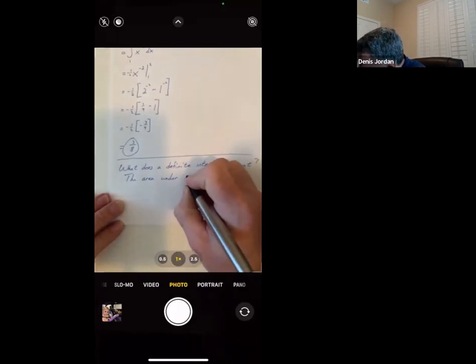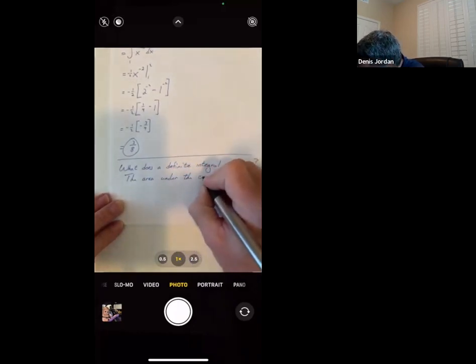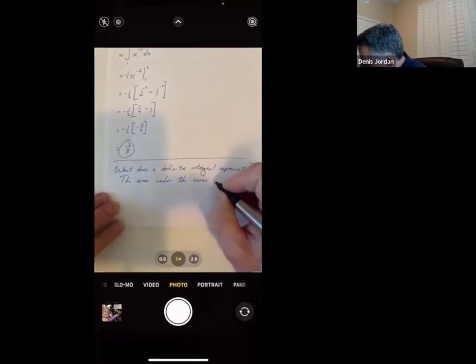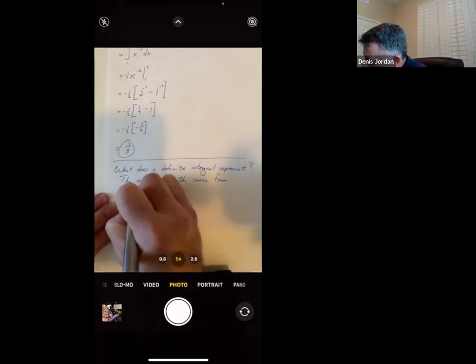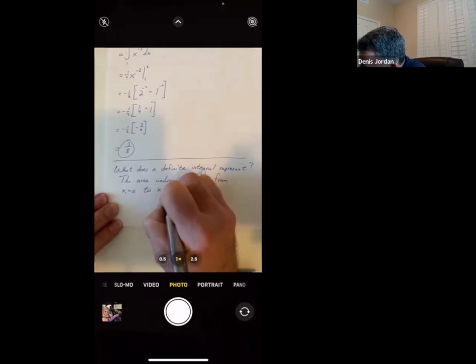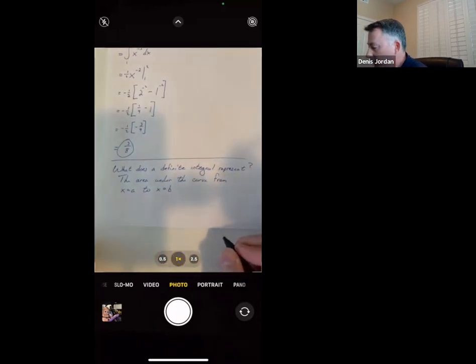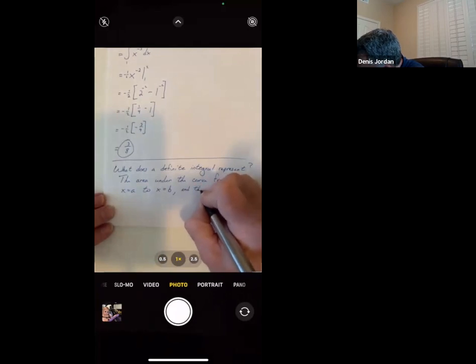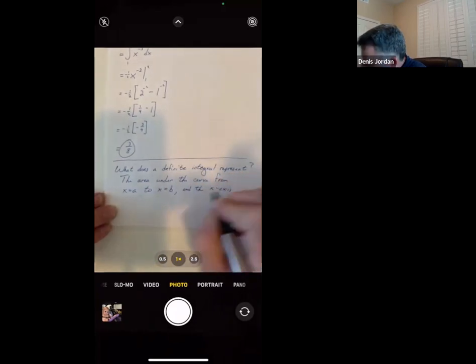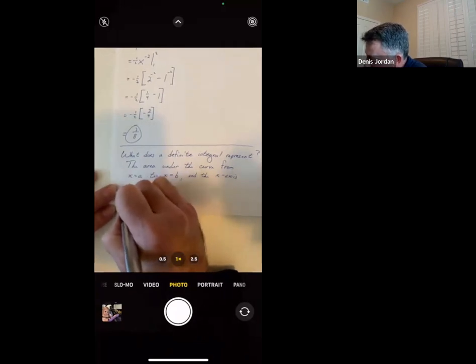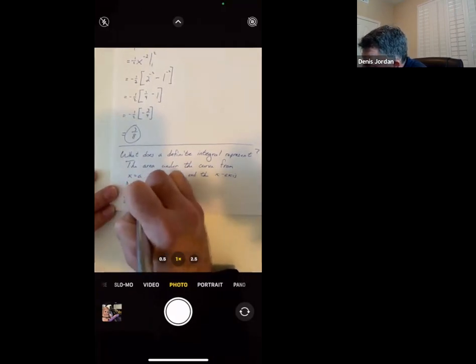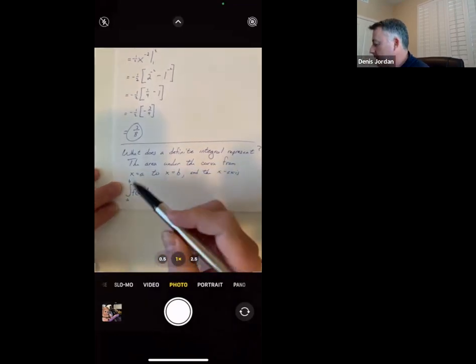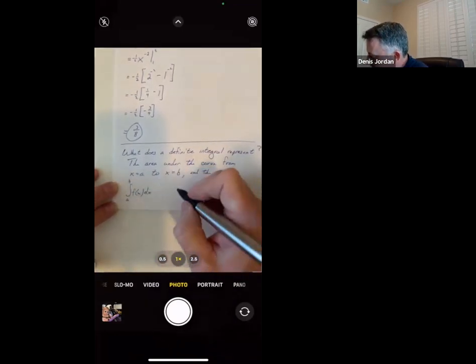The area under the curve from x equals a to x equals b, and the x-axis. So anytime you've got the definite integral from a to b of f of x dx,